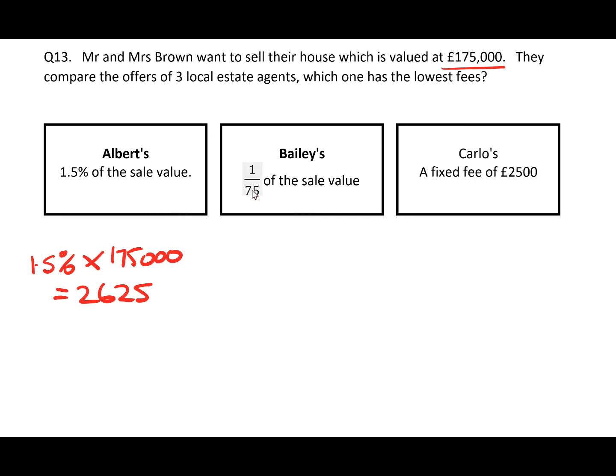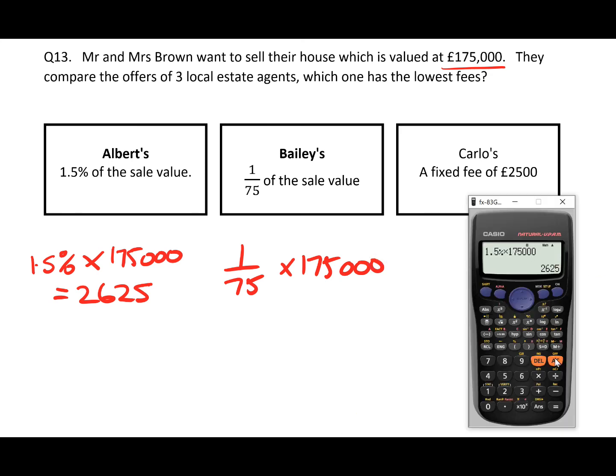For Bailey's, they charge 1/75th of the sale value of the house. So it's 1/75th of the 175,000. Again, using the calculator, we put in the fraction, 1, rocker down, 75th, rocker to the right, multiplied by the £175,000. Press equals, press SD, and we get